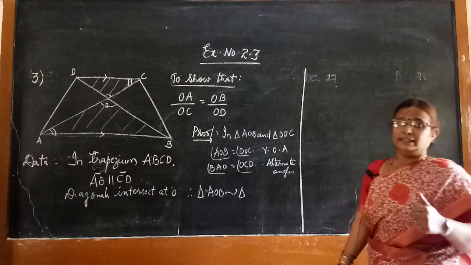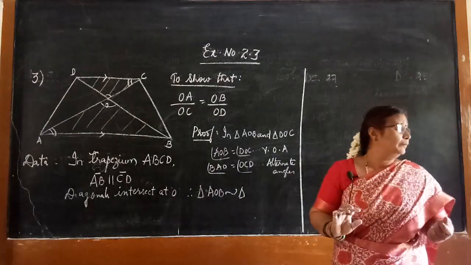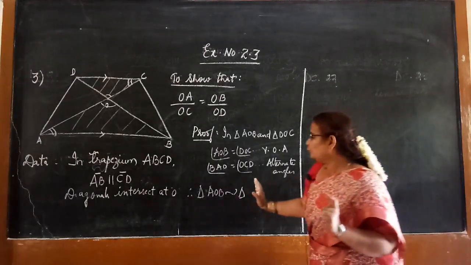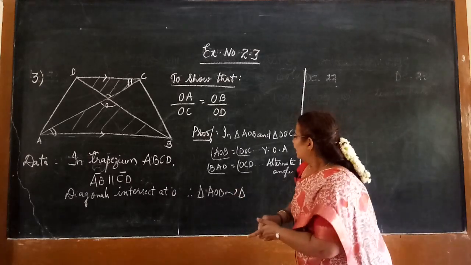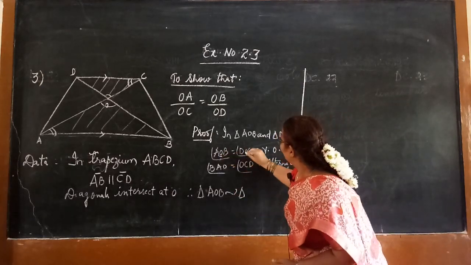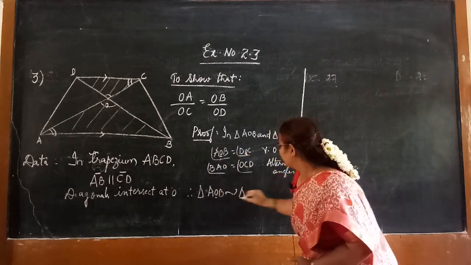Now it is an important point. See how to fix the corresponding vertices here itself. I have shown angle O is equal to angle O. Here the second vertex is O. Keep